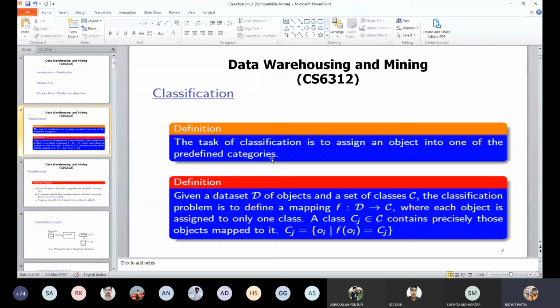So in summary, we will have a set of objects and a set of classes, and that must be predefined. For the set of objects, obviously I am not saying predefined, in the sense that we need not know the set of those objects beforehand. So we have a set of objects and a set of classes. Then what we have to do is find a relationship between the objects and classes and come up with a mapping function.